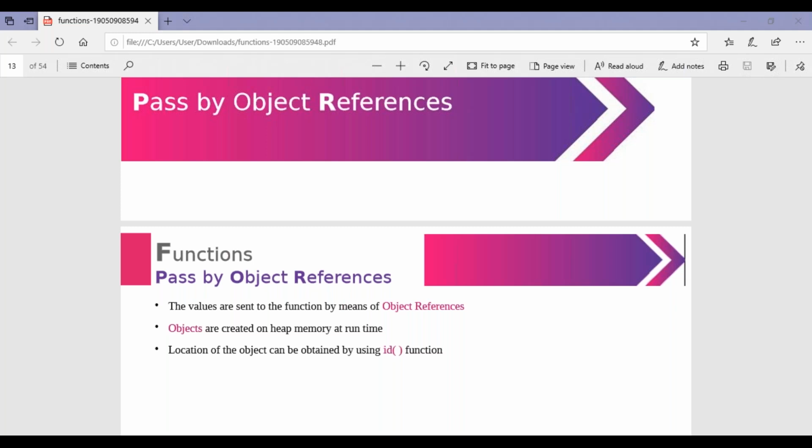Next, objects are created on heap memory at runtime. While running, your objects are stored in the heap memory, a temporary storage area in main memory. One example: during examination time, you read only that particular subject's questions and answers.